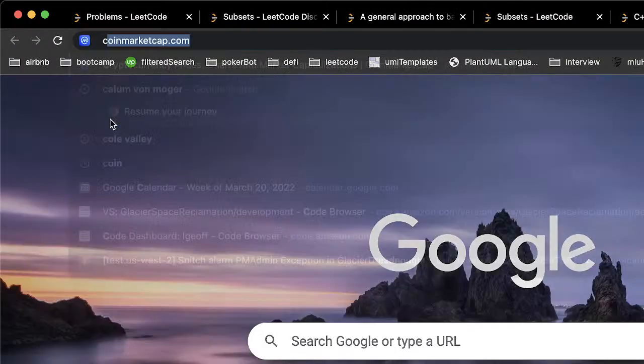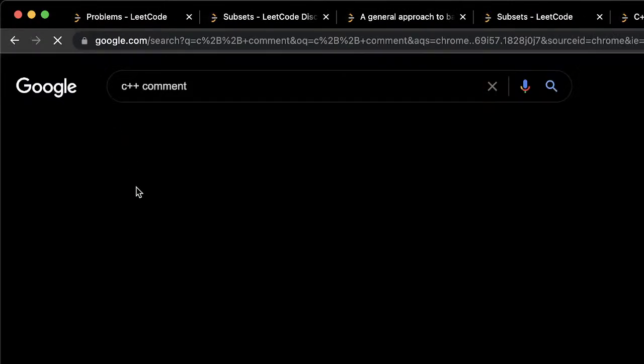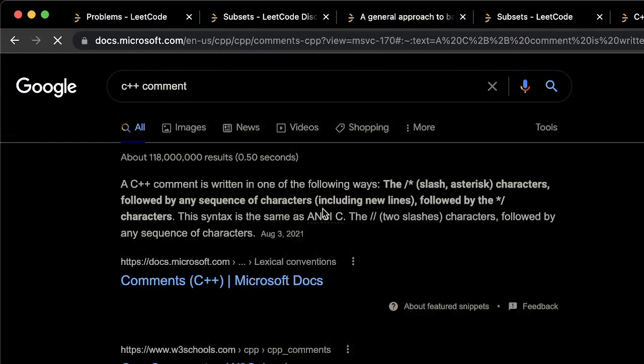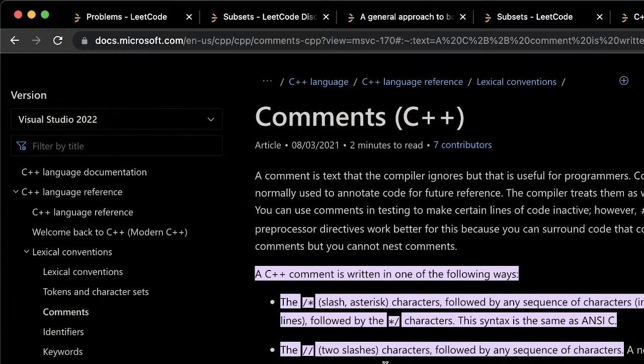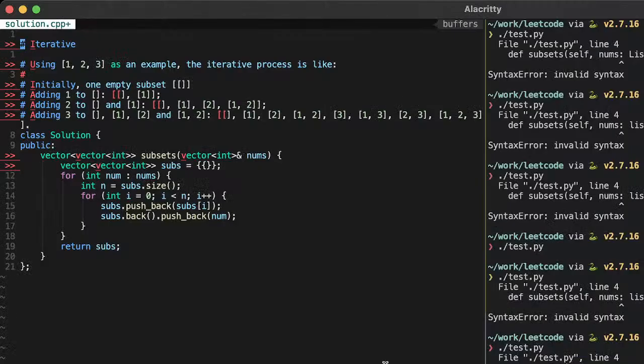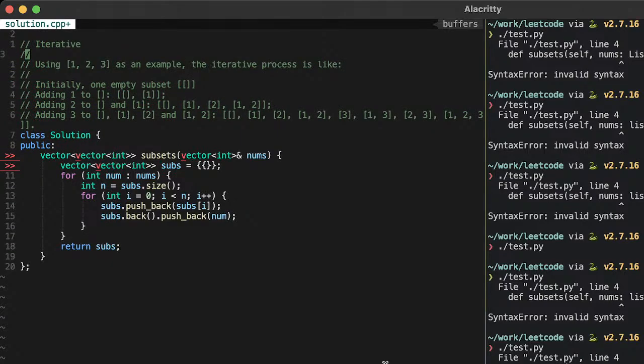How do you do a C++ comment? Two slashes. Okay.